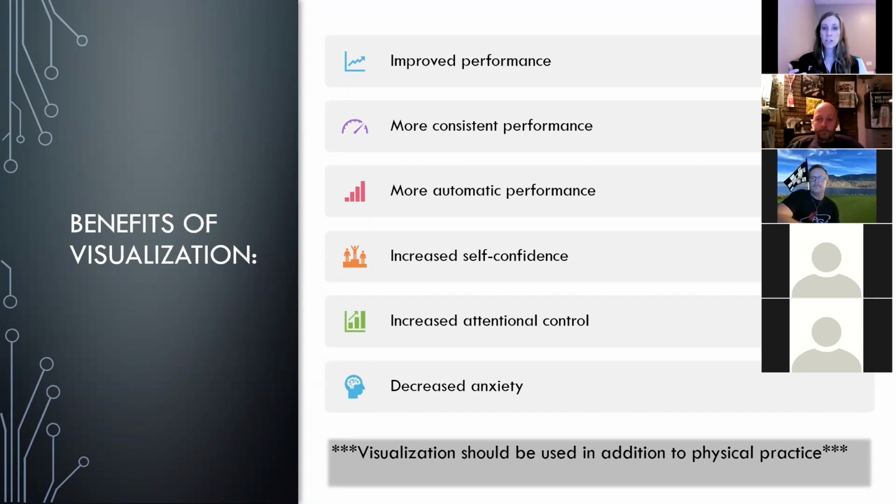When we do our visualization, especially if you're trying to fix something or figure something out, you're maybe thinking through your visualization in more steps, with more of a cognitive process than you would when you're actually out playing. But what that does is help your brain put those pieces in place, so that when you do go out and physically play, that process is automated. So you don't have to think about it anymore. You can just go out and perform.